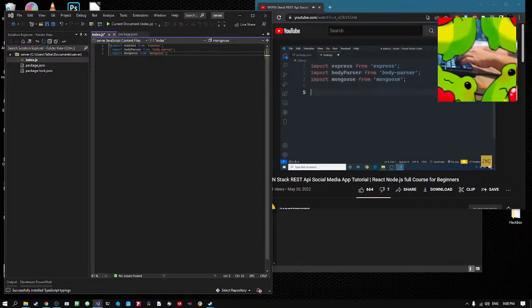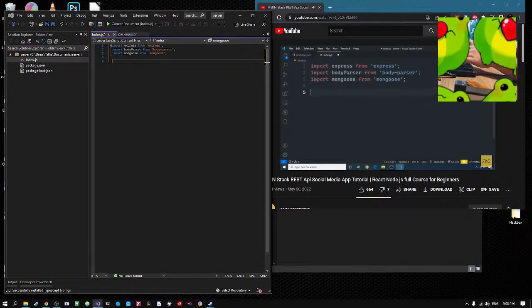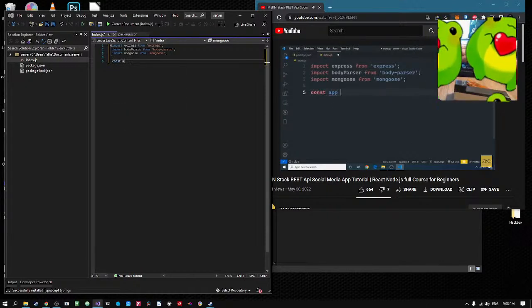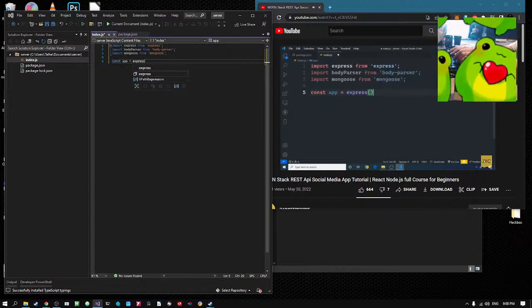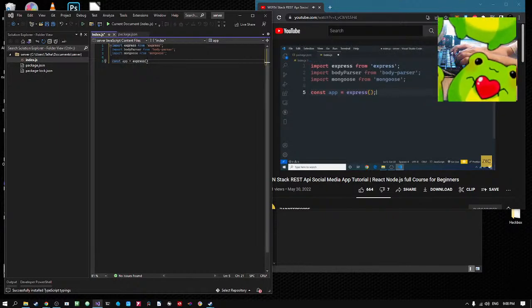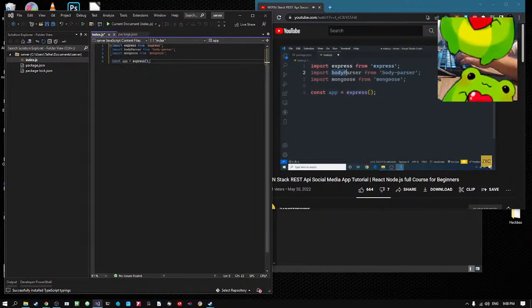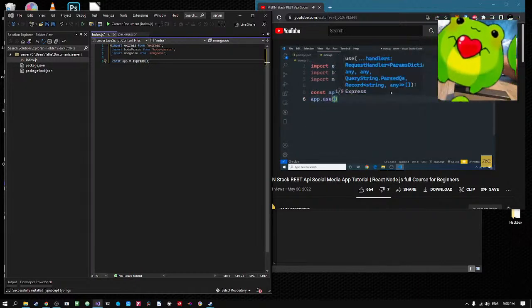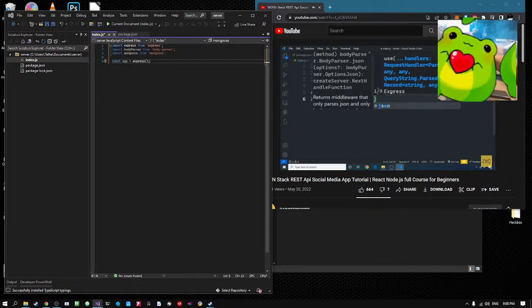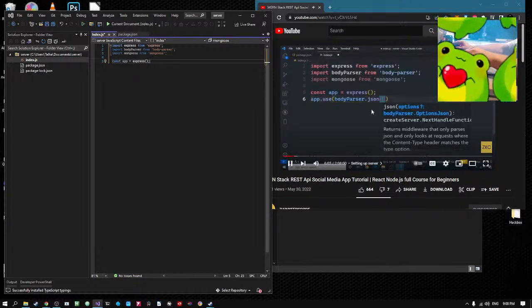After this, let's make the first instance of our server, and I am going to call it app. App will be equal to express, just calling the express function. Now to enable the middleware on our express server, what I will do? Here I will say app.use bodyParser.json, and inside the JSON